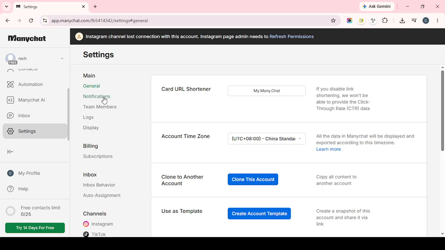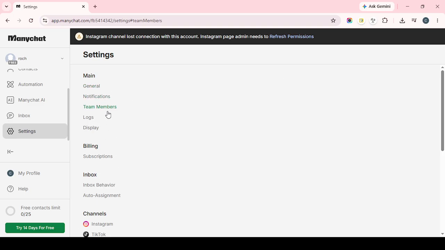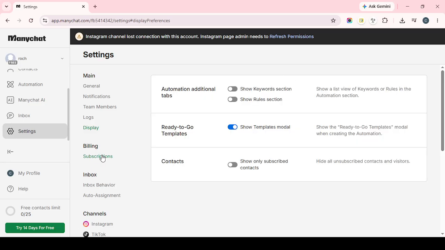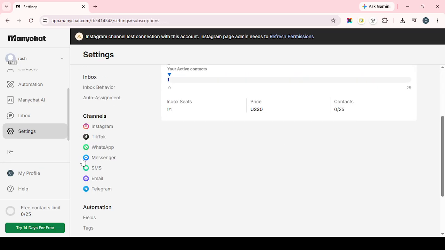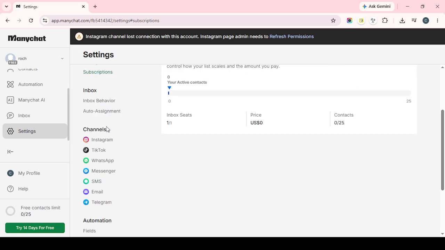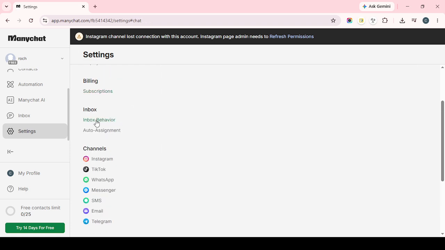Inside billing, you should see your current plan details. Under that section, look for the option labeled Cancel Subscription. Click on it to start the cancellation process. At this stage, the platform may show you a quick summary of what will change when your Pro plan is canceled. For example, it may remind you that your account will return to the free plan after the cancellation is